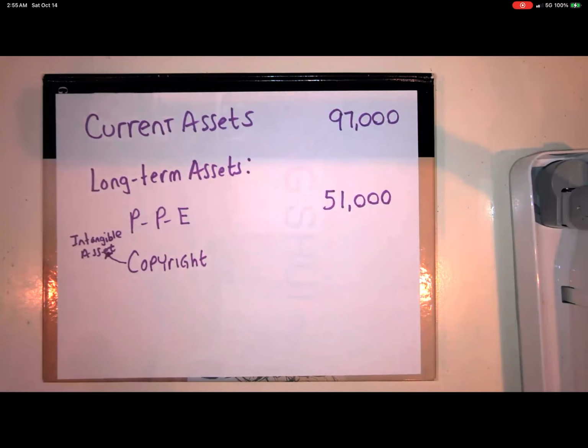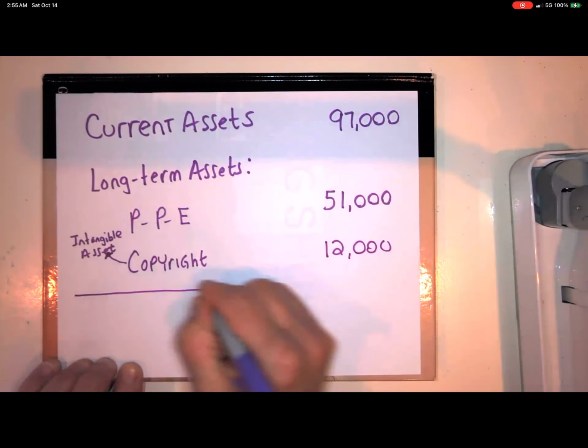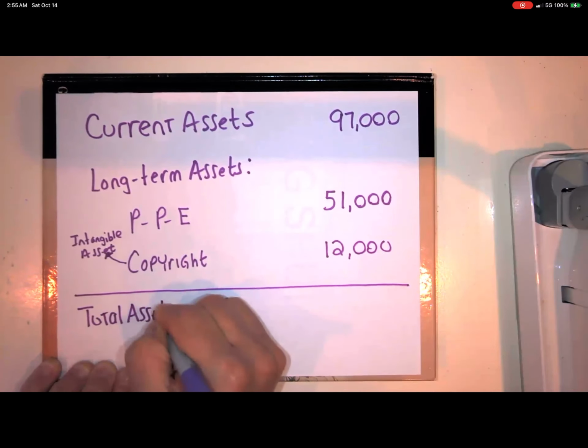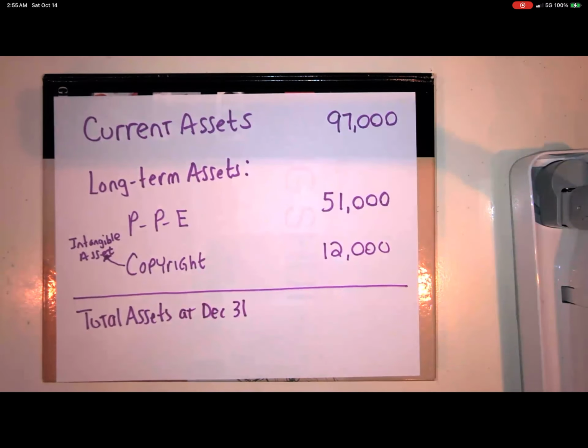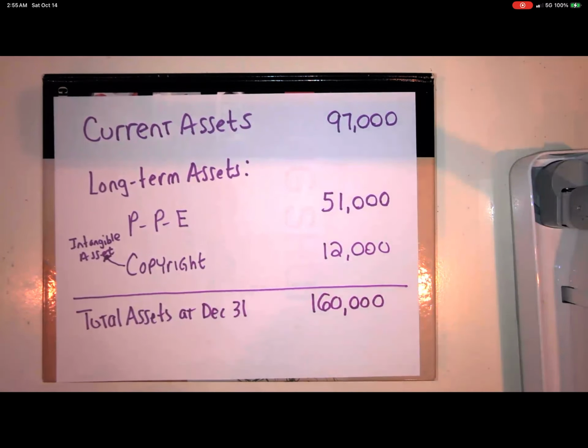All right, good. So our copyright given in the problem is $12,000. So we're able to figure out the total assets at December 31st when you add them all up. 160,000. So what we have to do, and I hope I get the name right, I think it was Zane that told us, is come up with the assets, come up with the equity, so we can then